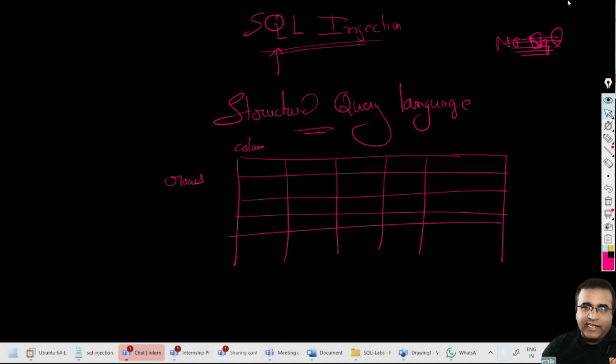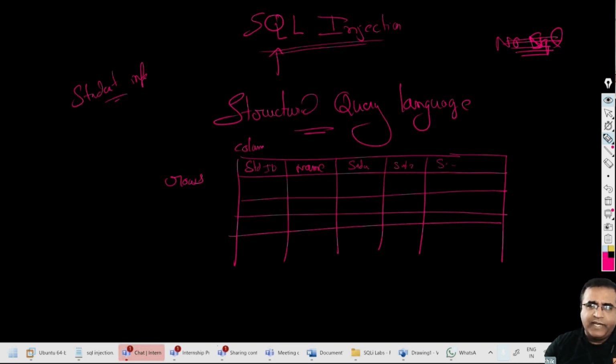So structured query language is something which is in rows and columns. For instance, we can talk about student info. In a normal college or school environment, you will see there will be a student ID, student name, and then the subject or the course selected, subject one, subject two, and so on.